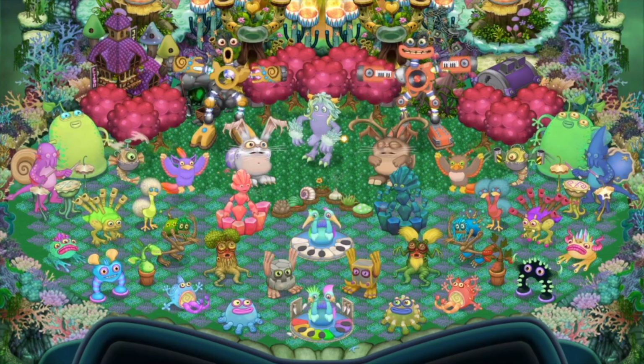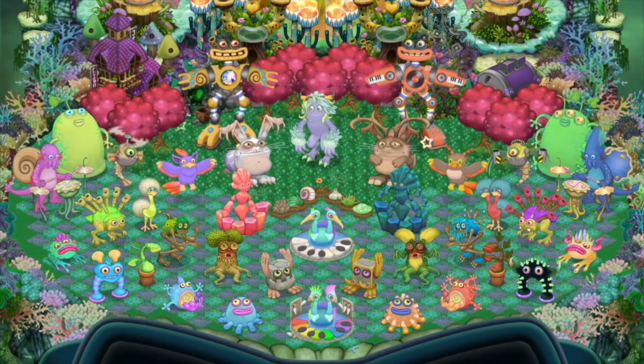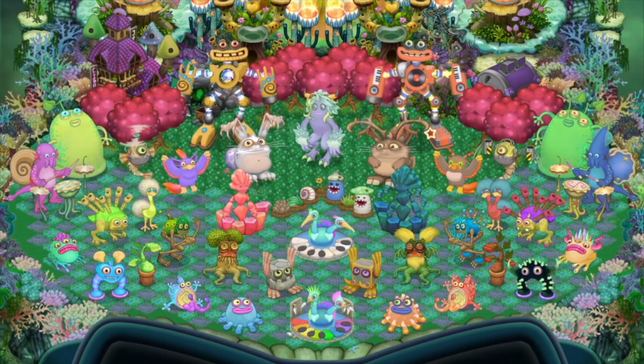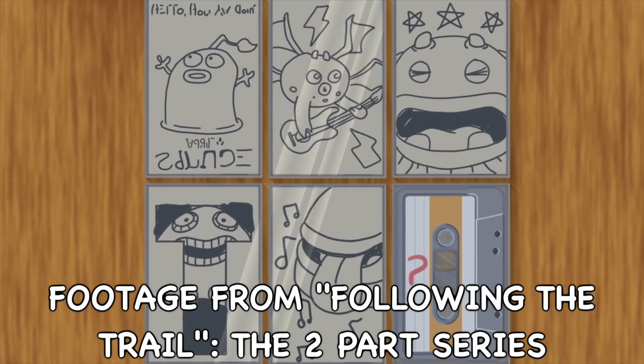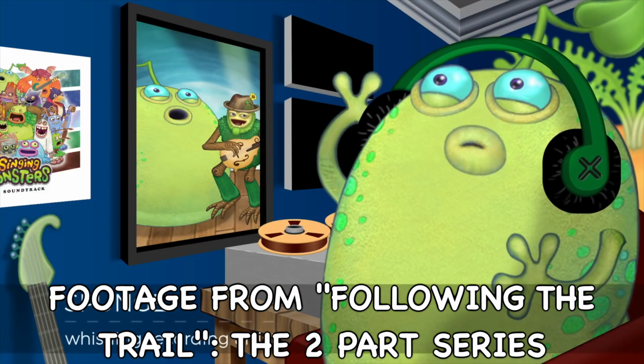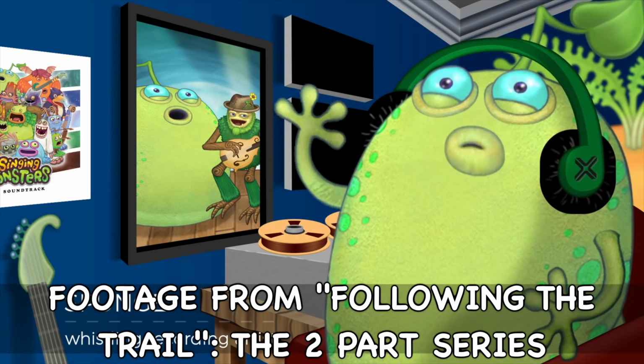Everyone, today we are going to be analysing the Eggstravaganza 2020 trailer. We are going to be going over all the little tidbits inside the trailer, what happens in the trailer, and we are going to be analysing every single bit, and we're going to break it all down because to the naked eye, when you watch it for the first time, it's hard to make out what exactly is going on